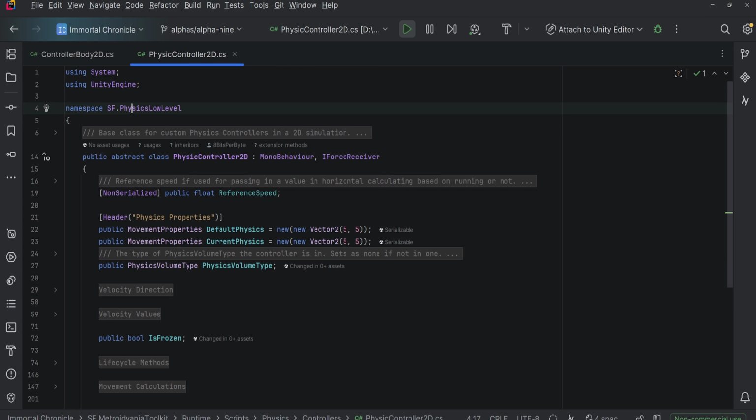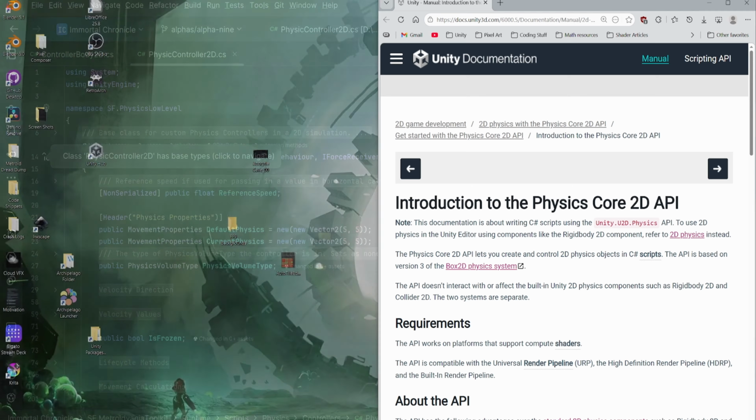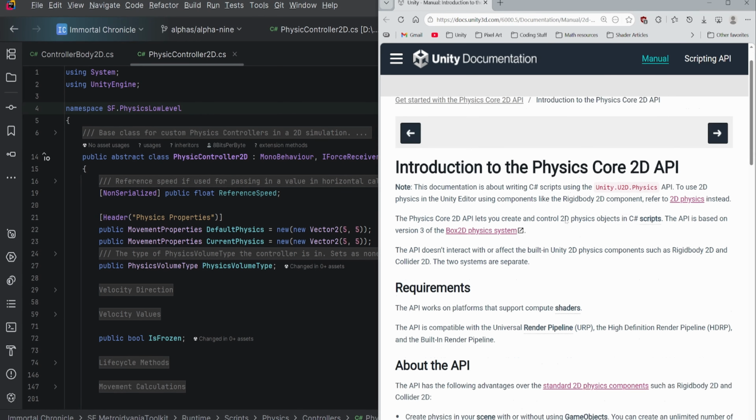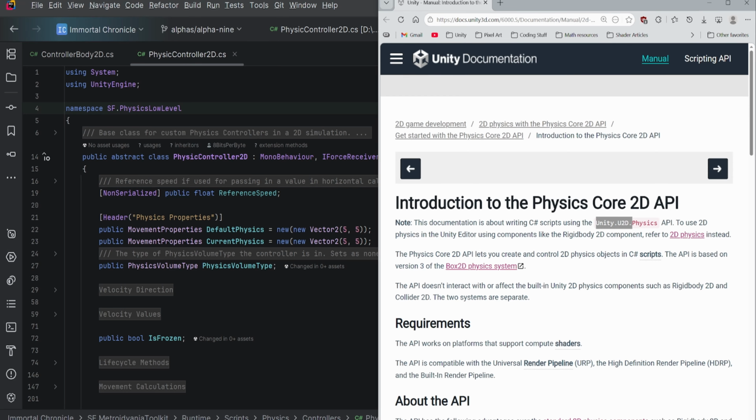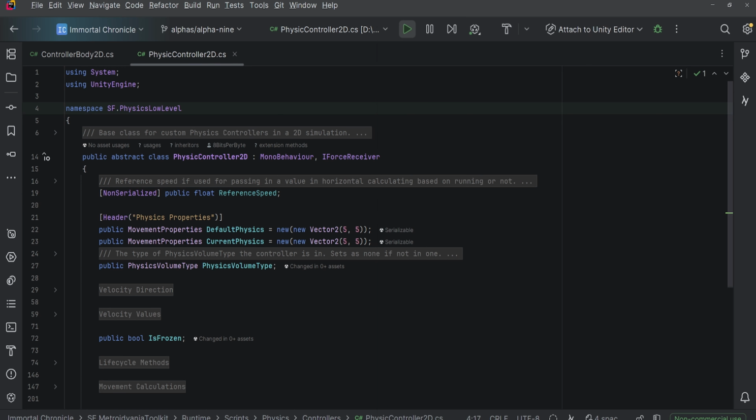Currently, the namespace is physics low level, but Unity is actually changing the namespace in 6.5 because Unity's low level physics is now becoming the Physics Core 2D API. It's the same API, they're just renaming it because it's now becoming the main physics backend for 2D physics. So this will be changing for anybody that sees this video in Unity 6.5. Anyways,